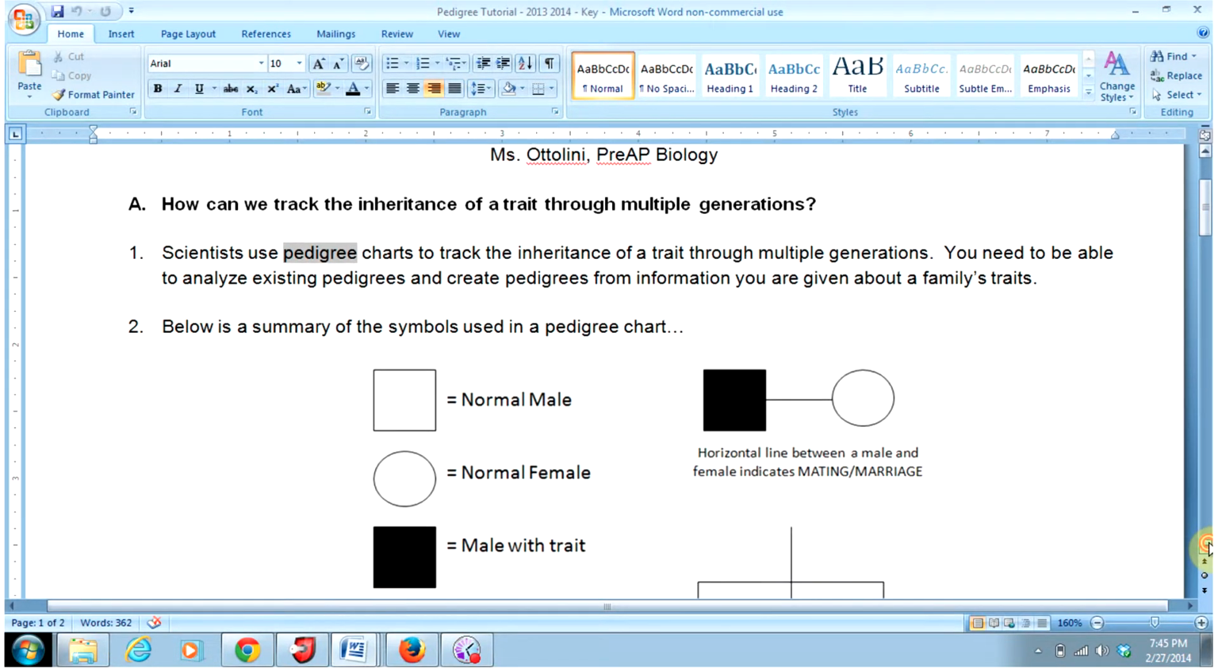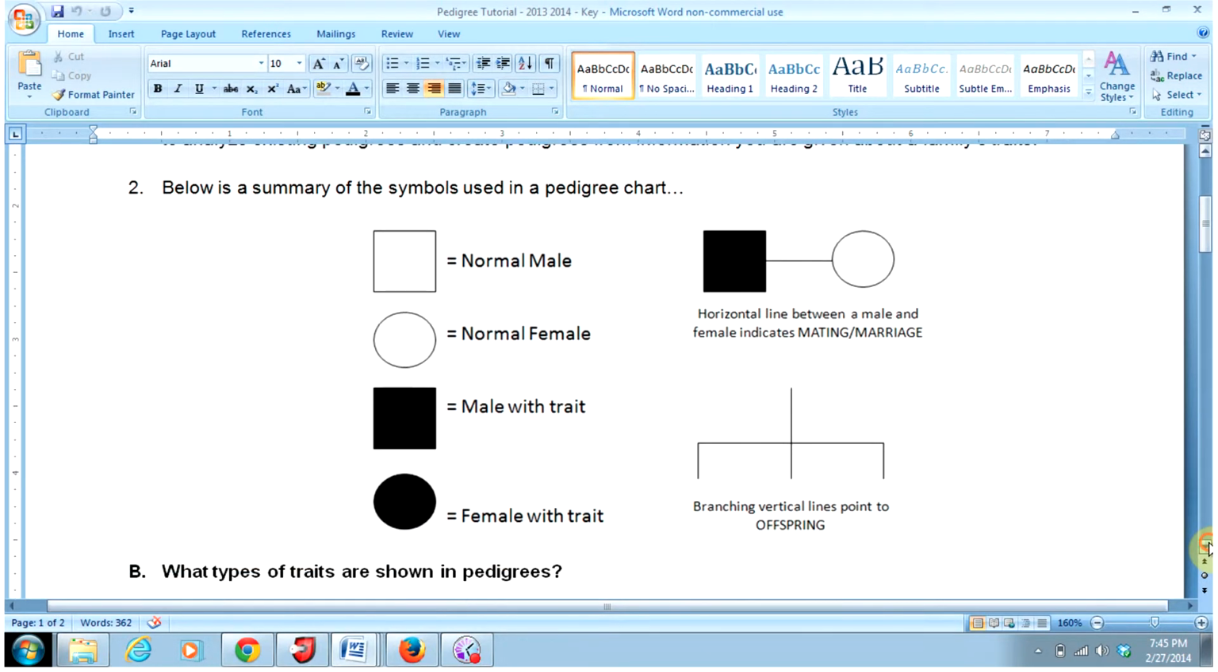First, I'm going to talk about some of the symbols that you might see in a pedigree. Males are typically represented with a square. Females are typically represented with a circle. Pedigrees will track the inheritance of one trait at a time, so any shaded squares or circles are going to be people who have that trait, whereas unshaded squares and circles will be individuals that do not have that trait